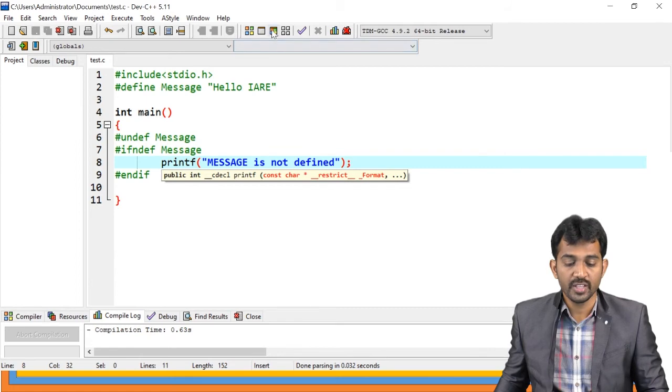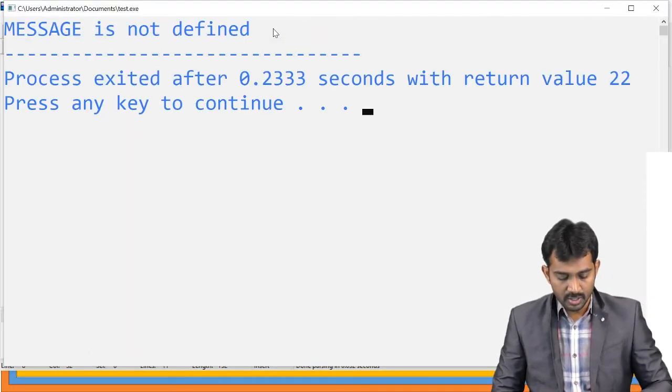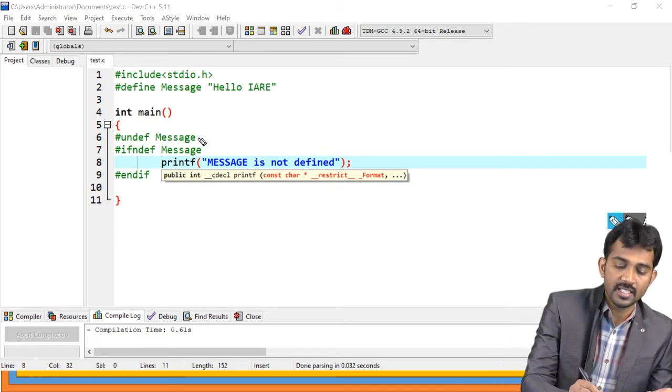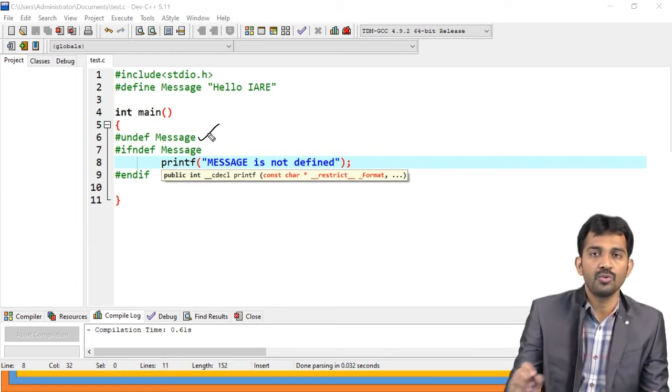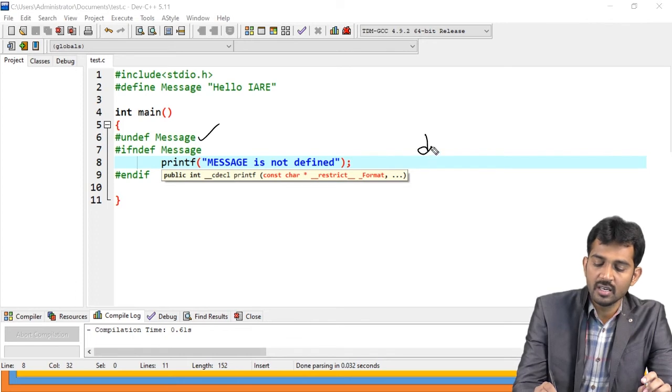This condition is true when the message is undefined, right? Because here we deleted the data. Yes or no? The message is deleted here. That is what is going to give true. Is this clear? How define works? Right? And how undefined will work?